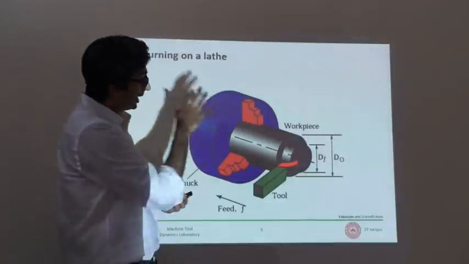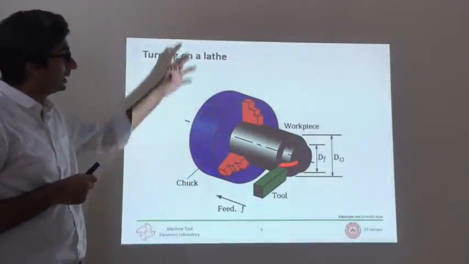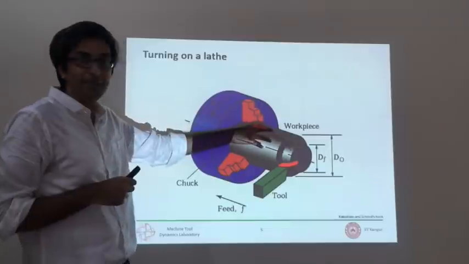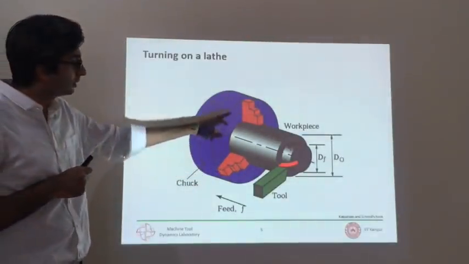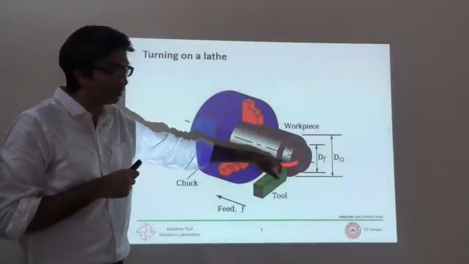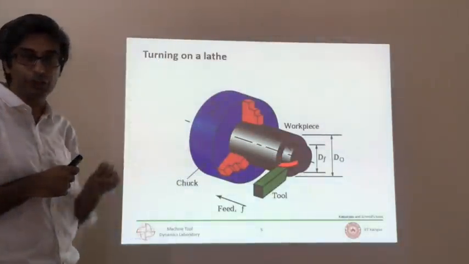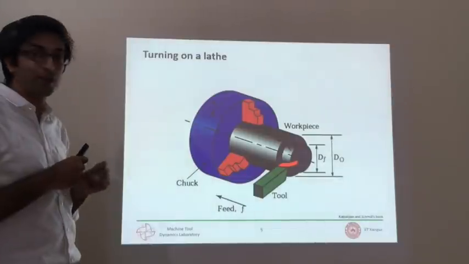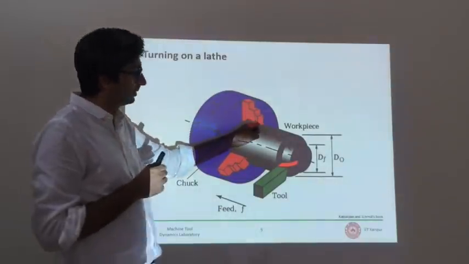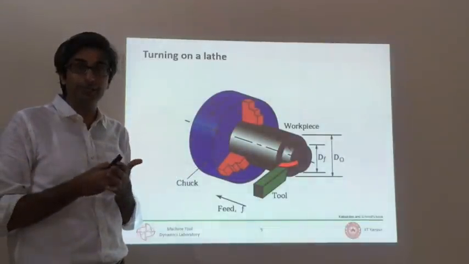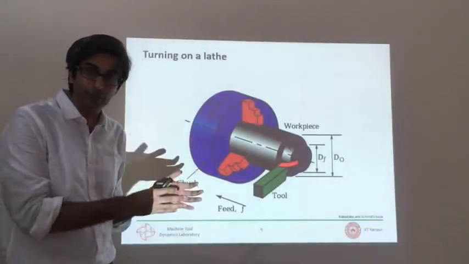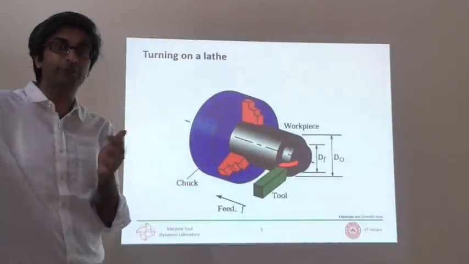What is interesting here and what I want to point out in this slide is how this workpiece is held in these jaws. So these jaws are shown in red. There is one more at the back. You can say it's a 3-jaw chuck. And the working principle to hold this, because this is really important, right? Because there are forces generated during machining because of moving the material from elastic to plastic to fracture.